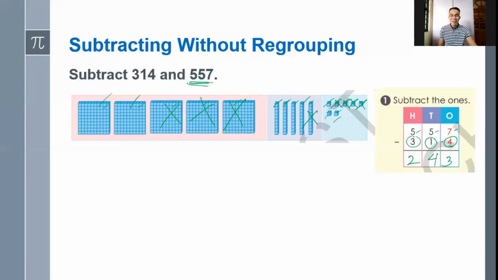Okay, so it's not just about adding the numbers or subtracting the numbers. You also have to understand how the things are going on here. That's why we need the help of base 10 blocks so that we can visualize what is really happening there. So that's it